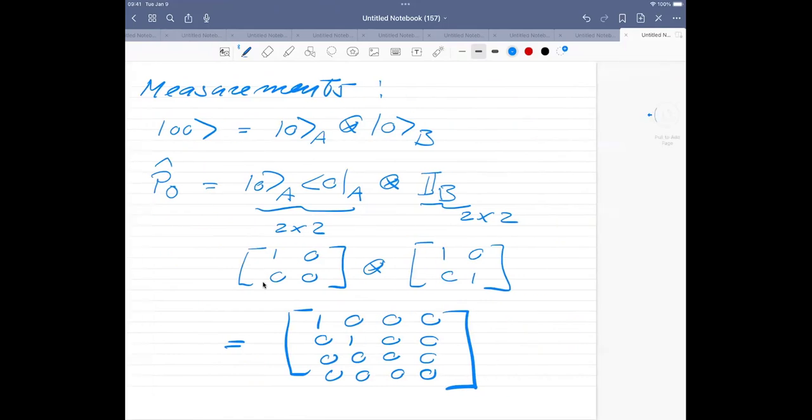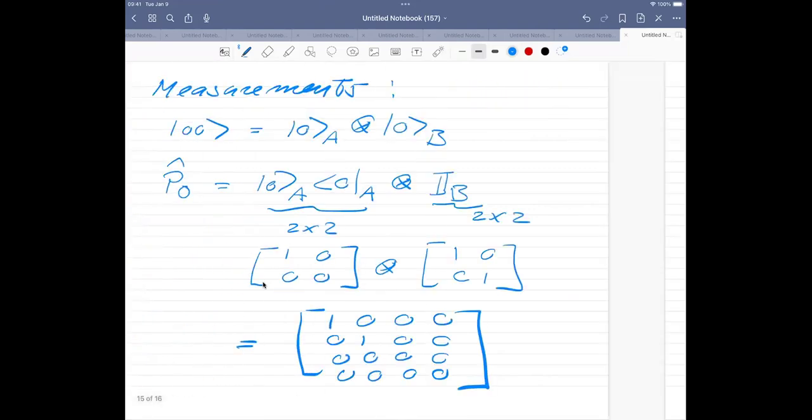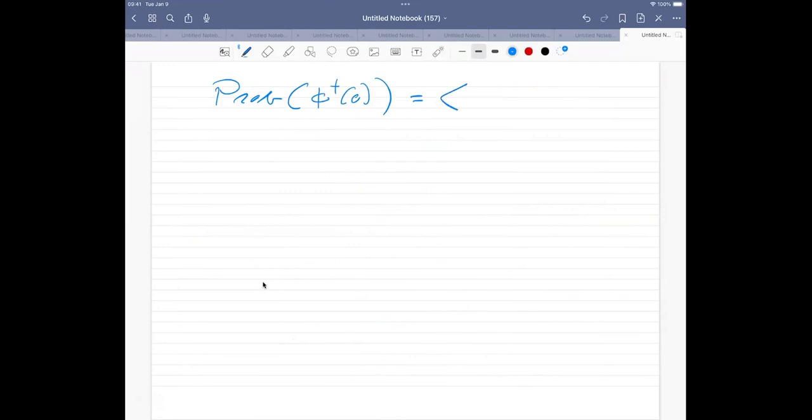Okay, so when I make a measurement now, what I'm going to have is a measurement where I want to project the probability of phi plus and 0. And when I say 0, then I'm actually meaning the one of the particles which I have. So what I'm going to do now with this operator, I'm going to calculate with phi plus. So this is system A and B, and I now want to project out one of them. And now I have this operator P of phi plus,